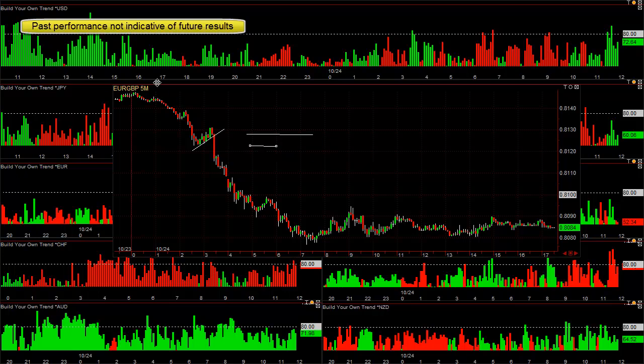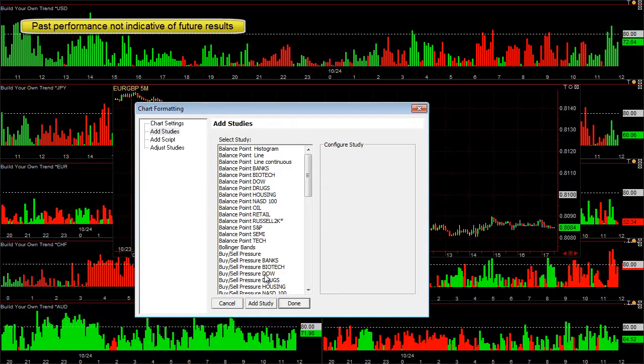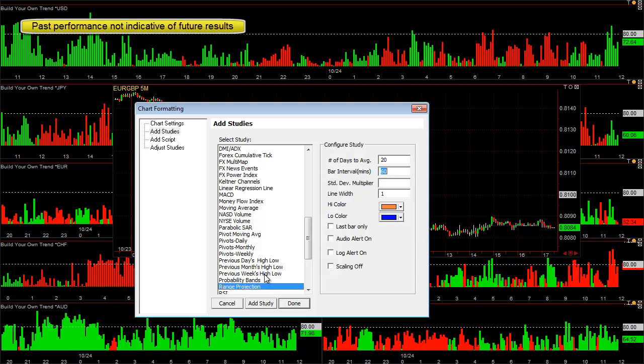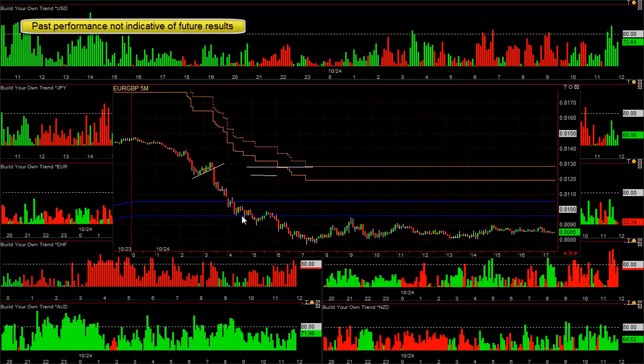Now, once the currency has moved statistically too far, it's less likely to continue. So you can find that out by putting our range projection on there and putting in 1440 minutes. This will tell you how many pips it normally moves in a given day, and that's it right here. This is a 1 standard deviation low. Typically, currencies do not move much beyond the 1 standard deviation low. So having that up there in the chart, this is a trade I certainly would take. Might consider this trade here, but when it's underneath that level,